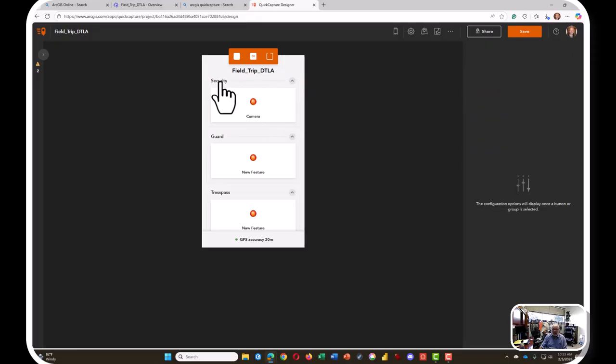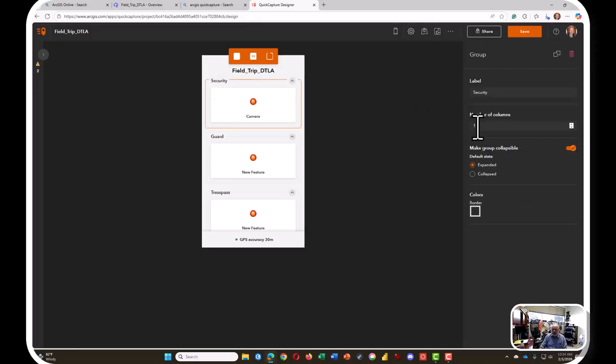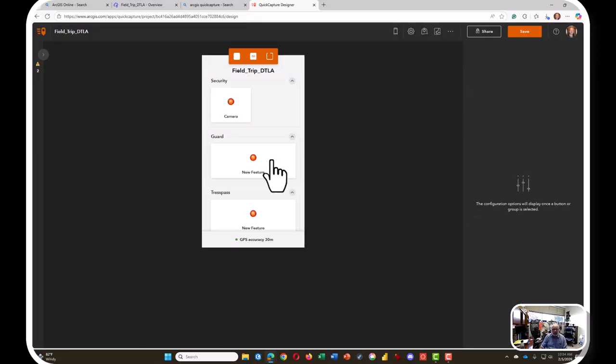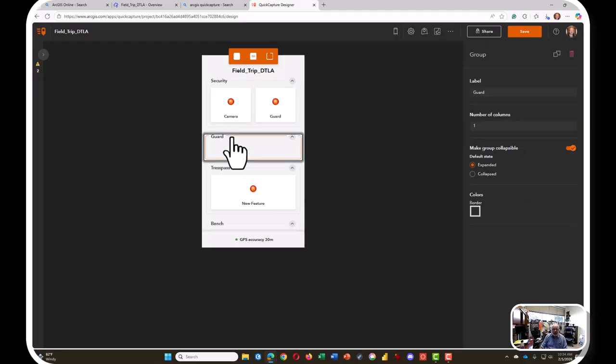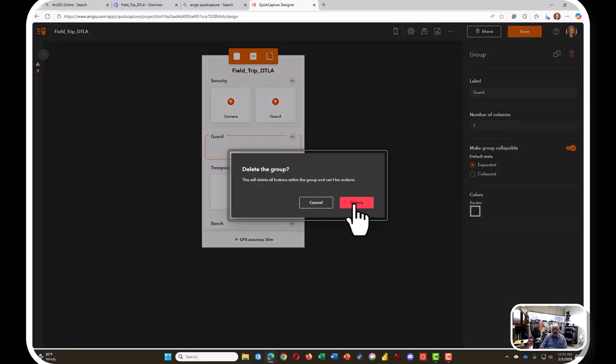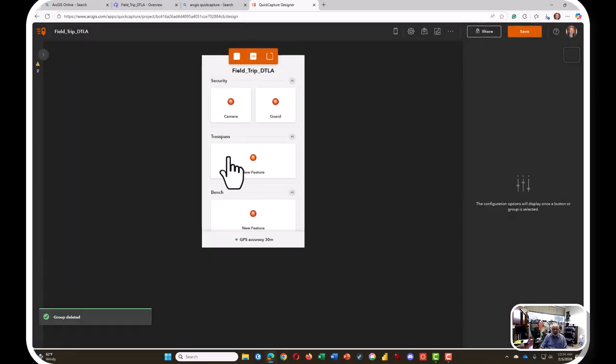And when I click on security, make sure that's 2 columns, because I'm going to move this one, which was the guard, rename it as guard. And then I can delete this group button, and then